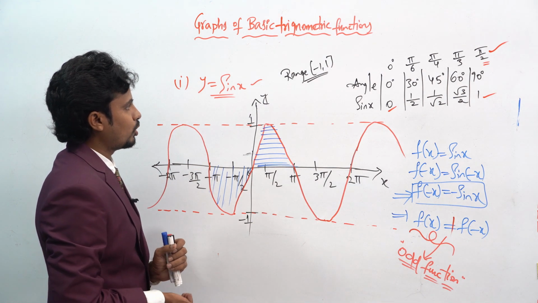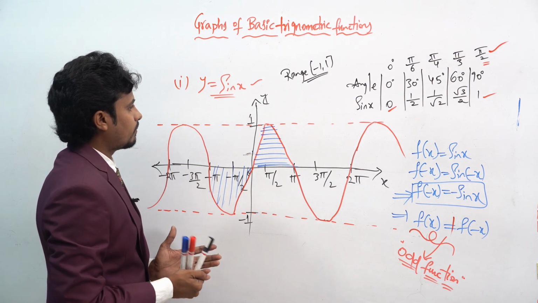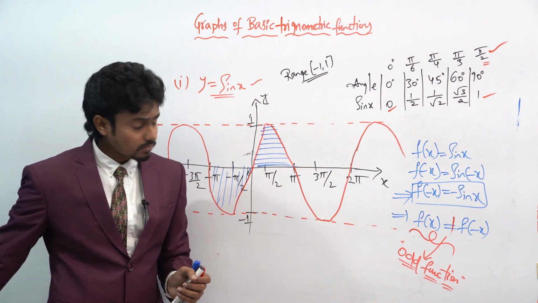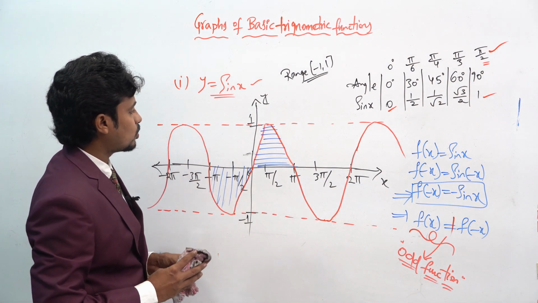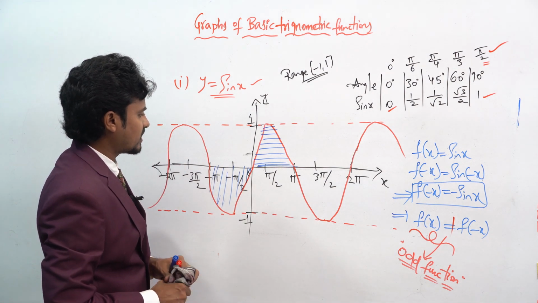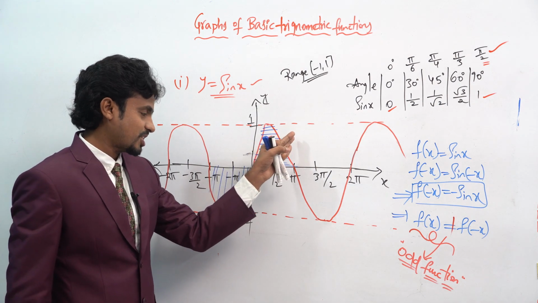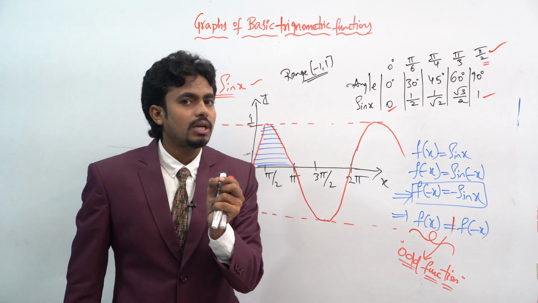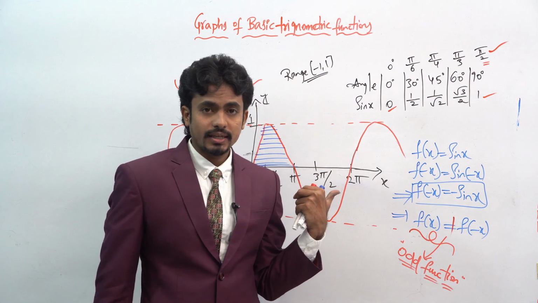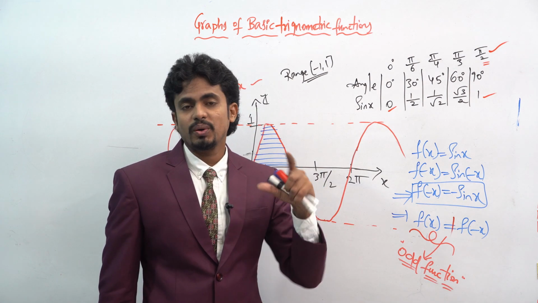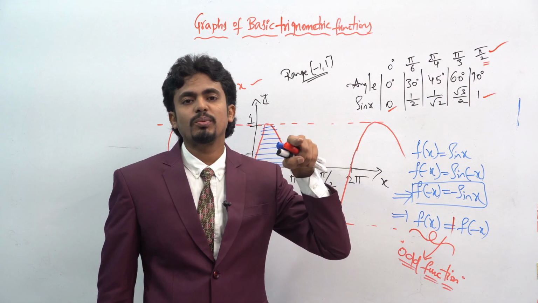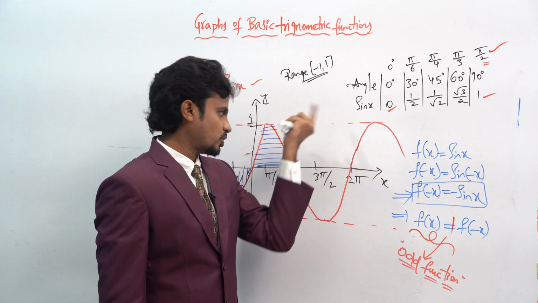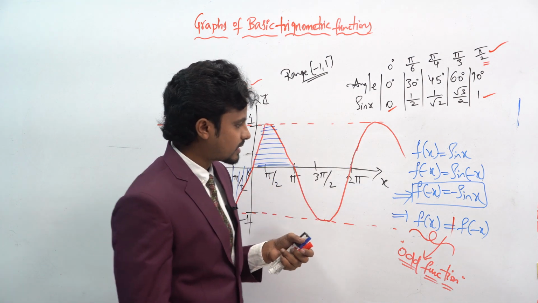Okay, for example, if you want to draw a plot for y is equal to sin square x, what will happen? Y is equal to sin square x. So that means the positive side can't change anything. It will be just reflected to the negative side, right? Negative will become positive. When you apply the square, minus into minus will become positive. Hence, this negative side will shift to the positive side. Okay, let's see that.